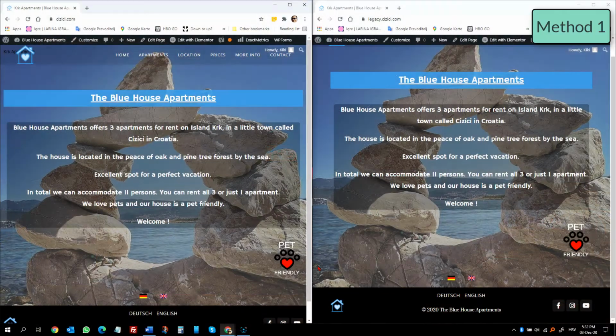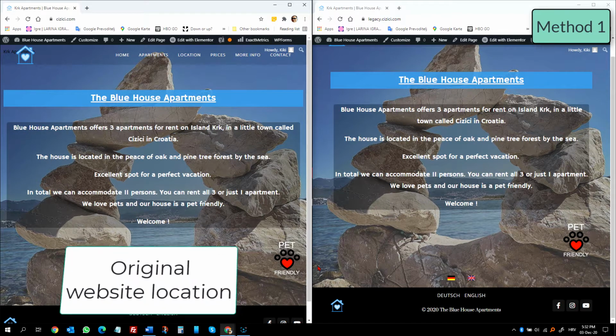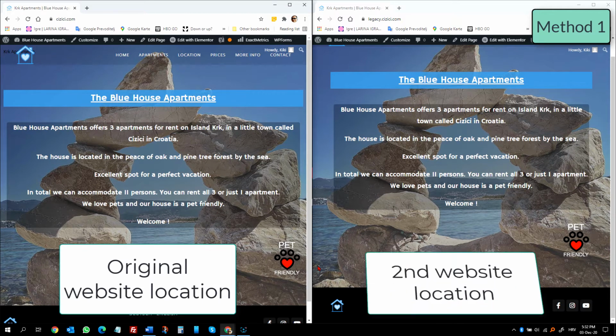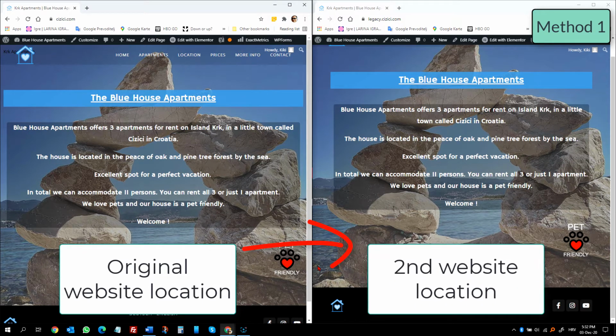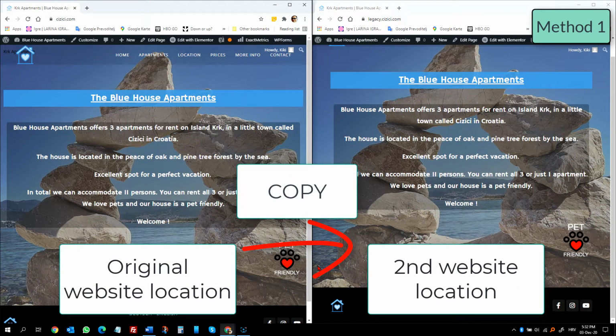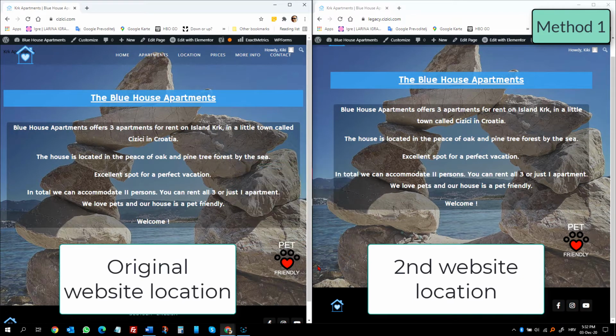First method I already did, but I'm going to walk you through it. Second method we are going to do together. First method is less invasive because we are actually not moving anything, but we are copying the WordPress site to another location. That way, if anything goes wrong, we never touched the original site. Also, this way you can copy a WordPress site to another host, not only move it around your current server.